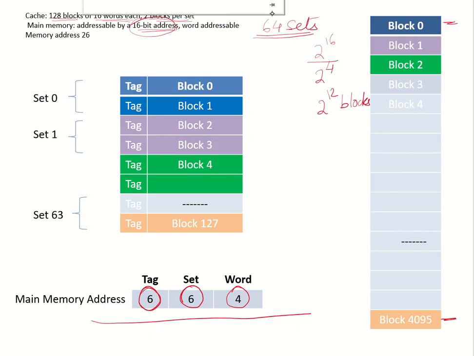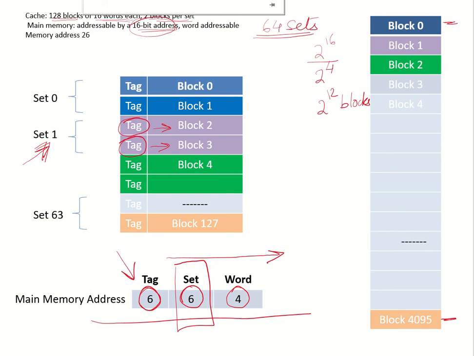So once a main memory address is sent out by the processor, these 6 bits will help determine which set of the cache the memory address can be found. So suppose it refers to set 1. Now within this set, the tag bits of both the blocks will be checked and matched with the tag bits of the main memory address. Depending upon which tag bits it is matching to, that particular block will be accessed.